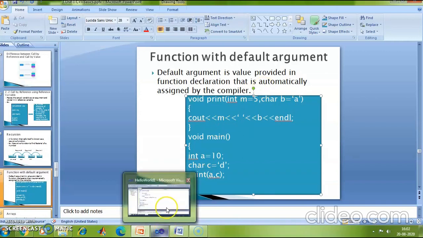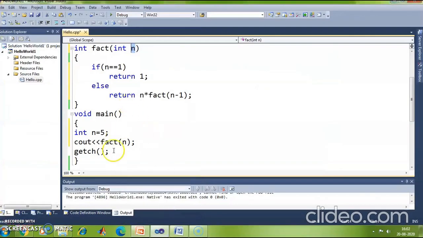let me execute this part in my IDE. So what I will do is, let me declare two variables, one of type integer n is equal to 5, another of type character whose value is equal to 'a', and then I call the print function which is passing these two parameters n and m.